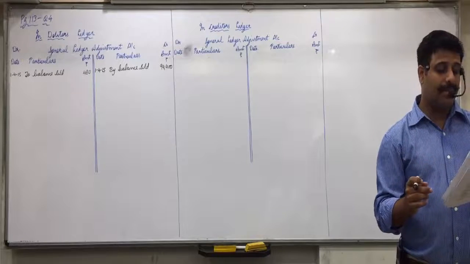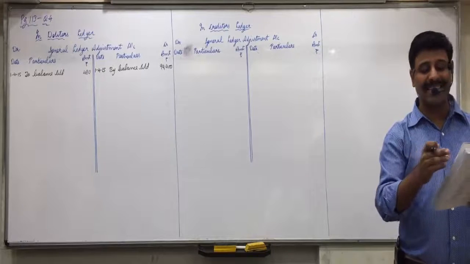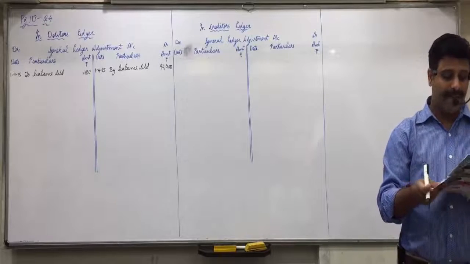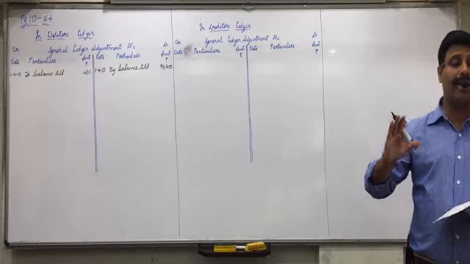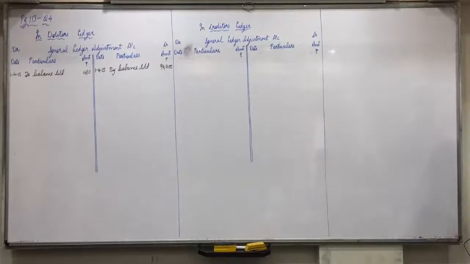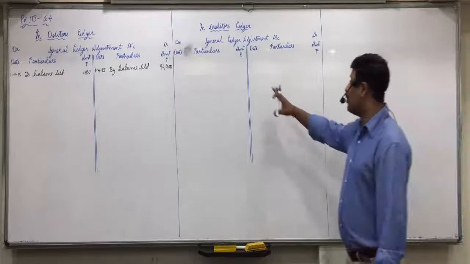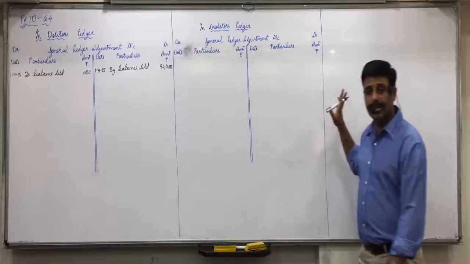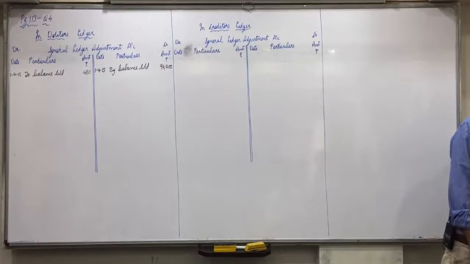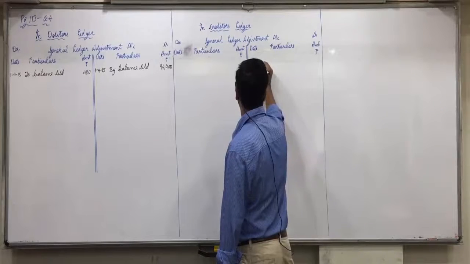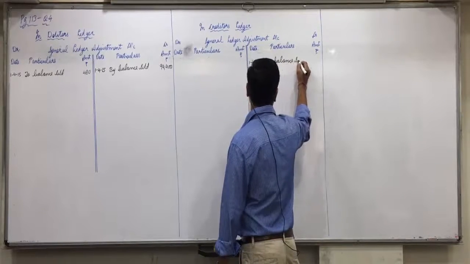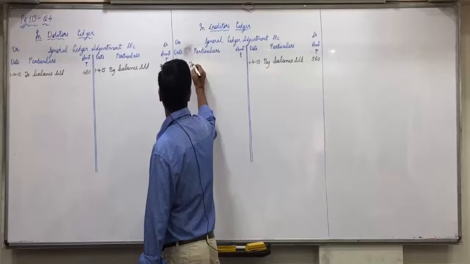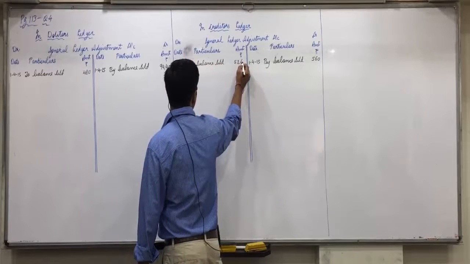In the same way, creditors balance on 1st April 2015: 560 debit and 50,600 credit. In creditors, a debit balance indicates advance paid to some creditors. Normally credit balance is written on the credit side and debit balance on the debit side, but this is an opposite account. So the credit balance comes on the debit side and the debit balance on the credit side: 560 on the credit side, by balance brought down, and 50,600 on the debit side, to balance brought down.